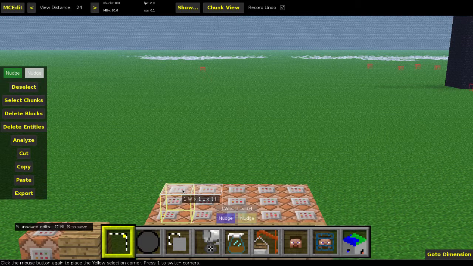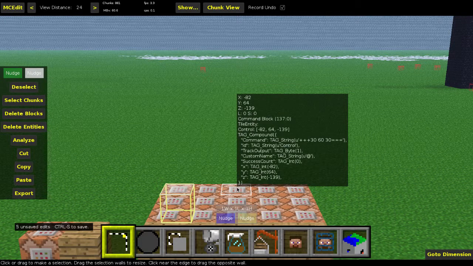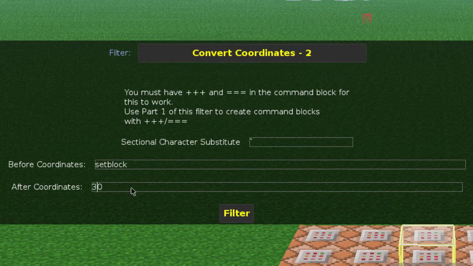Like for example, if you look at here, you have 30, 60, 30. Let's make this a set block command. So there we go, type the command name in there. So setblock, then it's going to say the coordinates right here, and then after the coordinates, let's set it to